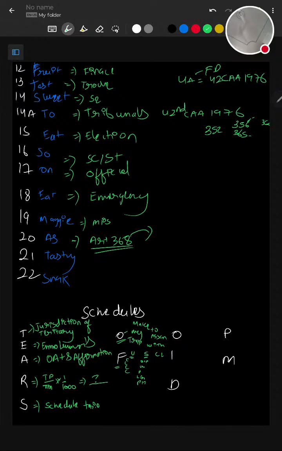So the concurrent list is there. First, for the concurrent list is education, then transfer of property other than agriculture land, then forest, then trade unions, then adoption and succession, like your father's shop is going to be yours, that kind of stuff. So the union would have all the top things,